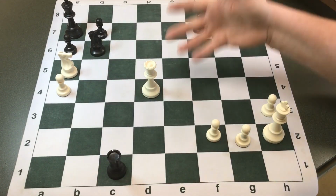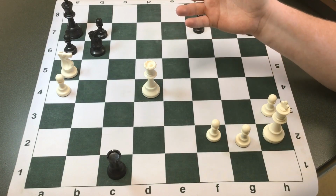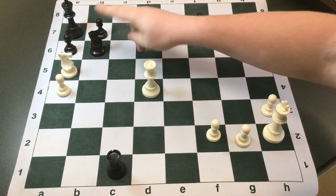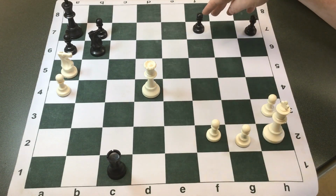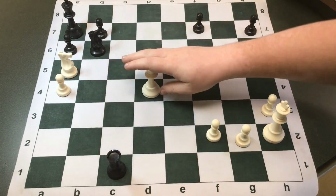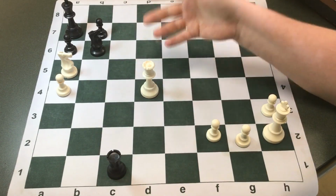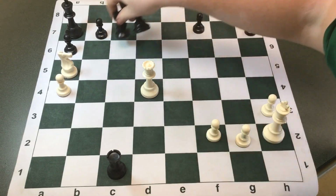So what course of action does black have? The answer is nothing. You got a pinned knight. This pawn majority over here is going to win, especially because the king is over here with it. This rook is going to be eaten by a queen very soon. And this is just bad for black. So going back to the initial position here,